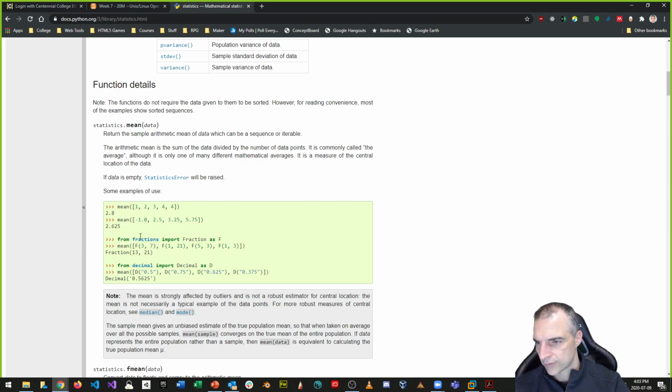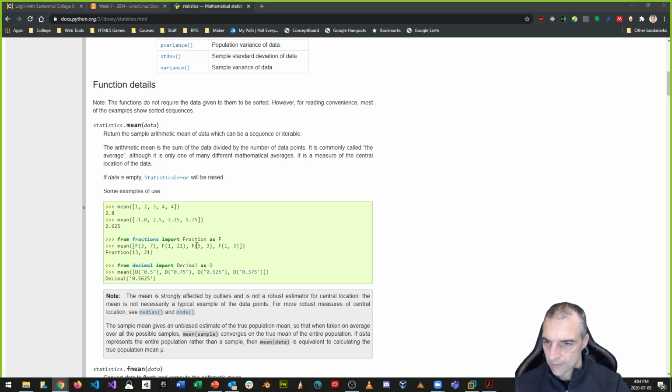There's other things you can see, fractions as an example. So there's other modules, fractions and decimal, right? So notice how it does that. From fractions, import Fraction, right, as F. You can actually use an alias like we've learned before. F can mean something. So if I wanted to do the same kind of thing, just looking at this, if I can do from this, import this as that, right, I can do that for any one of my functions, right? So let's try that with